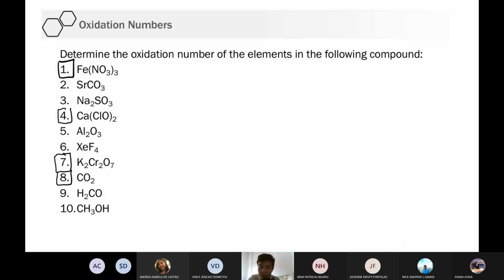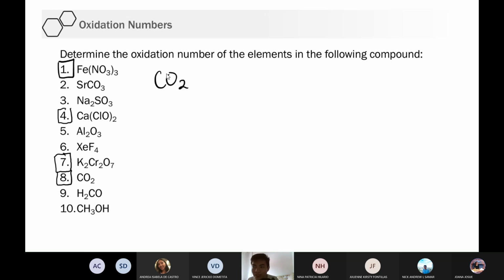Parang ang basic lang ng topic ngayon, no? Basic discussion. Later on, babalik tayo sa equilibrium. Don't worry. CO2. Is this an ionic compound? Baka mamaya i-criss-cross mo yan, ha? Baka mamaya sabi mo, ay sir, ganyan yan. Hindi. Hindi yan ionic compound. So, you don't use the reverse criss-cross.